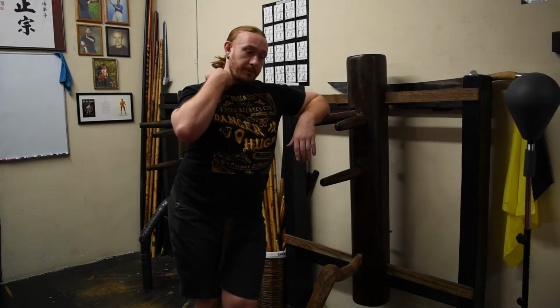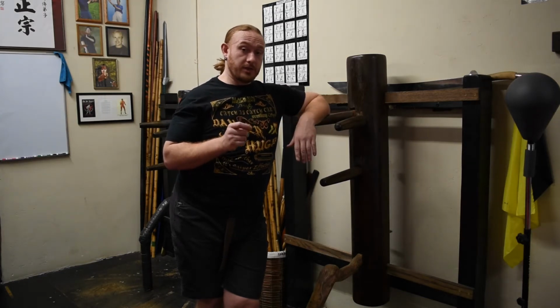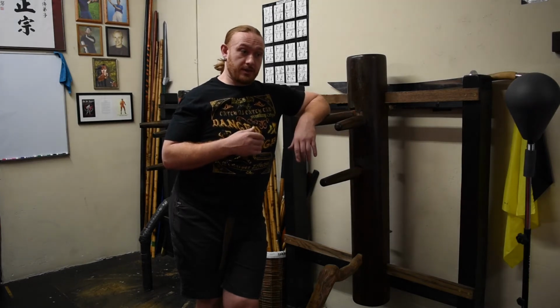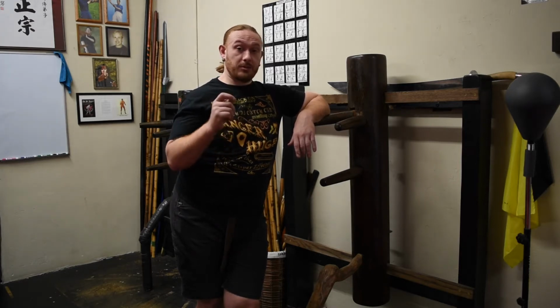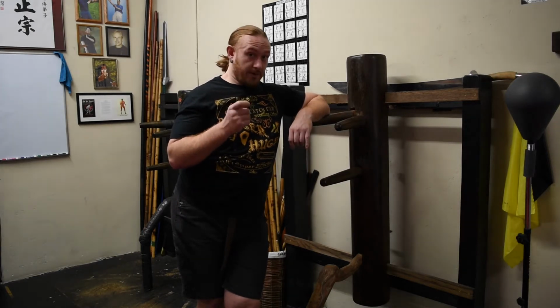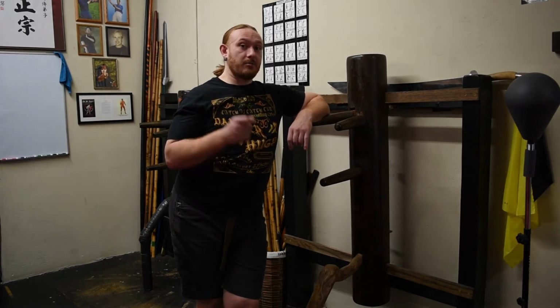But people often ask, well, what about kicking in Wing Chun? You will see some Wing Chun people step way out so that they can do perfect, beautiful, traditional kicks. It's not really what we're doing. Go back and watch Ip Man doing the wooden dummy. Look at the still photos that are available and look at the 8mm video. His leg is very, very bent when he's making contact with the trunk of the dummy